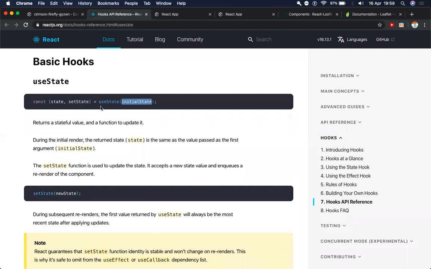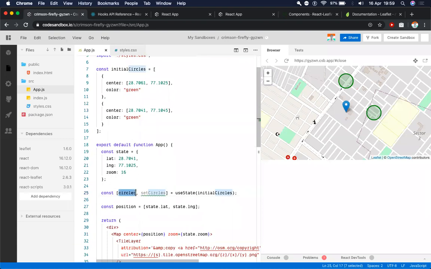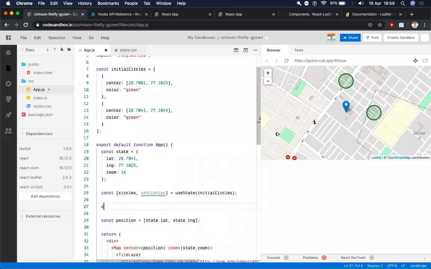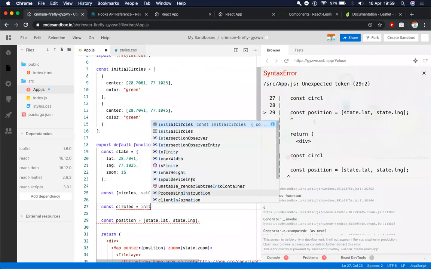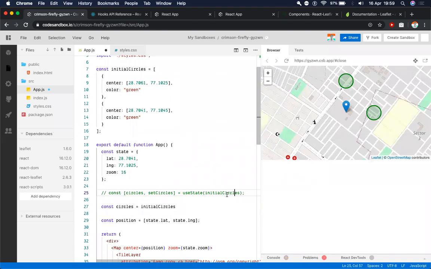But for now, this function can be replaced with const circles equal to initialCircles, and it would still work the same. Right now in this code, we are passing initialCircles to circles. That's it. We haven't yet gone into updating the state using setState. So I think hopefully that clears it up for now.